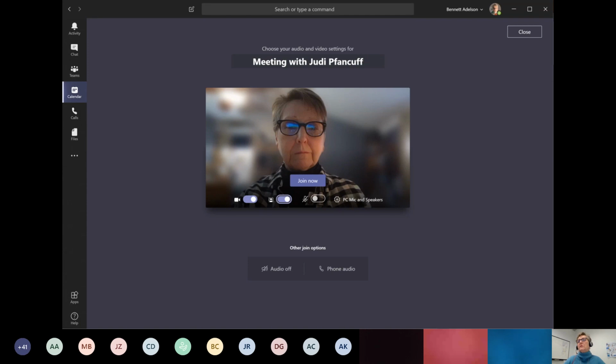It might not be rolled out to your organization yet, but especially in a home office where backgrounds can be a little bit distracting, you can turn that on and just get the focus a little bit more on you and not on that pile of laundry in the corner.